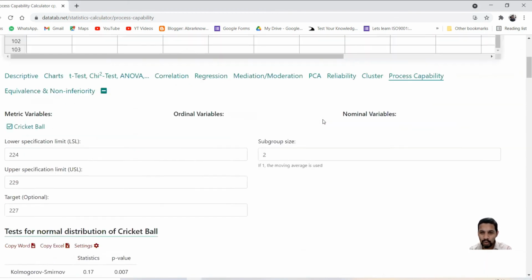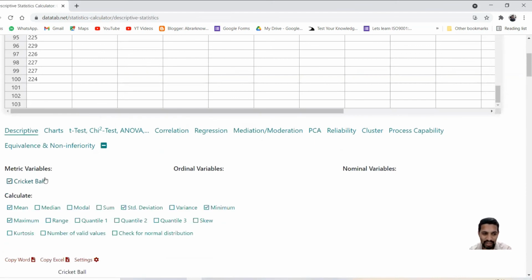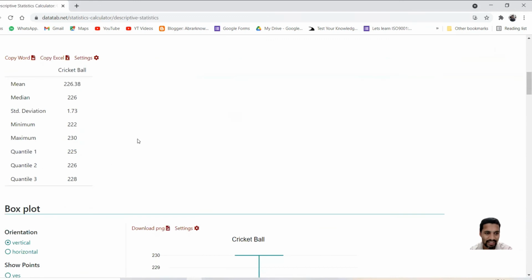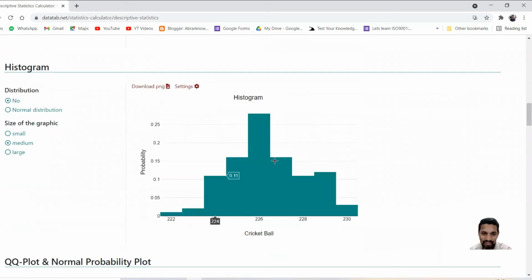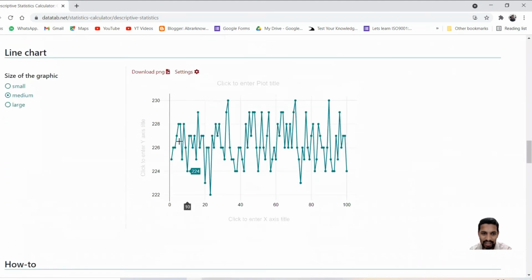Let's say we can also do a statistical one, the basic statistic, descriptive statistics, right? Of the cricket ball, let's say we wanted to find mean, maximum, median, quartile 1, quartile 2, quartile 3, and the variance and all that. So we'll see that. It has given all these very beautifully, and also the range. This is very interesting. So 2 to 6, and what is quartile 1, quartile 2, where we are operating. And also it has given a histogram, and there is something called quantile, and this also shows how the values are scattered and all that.